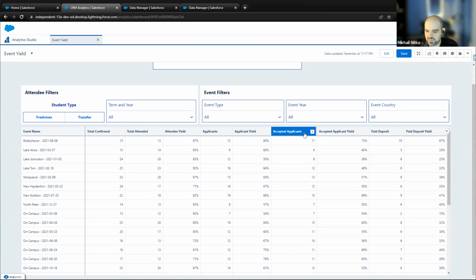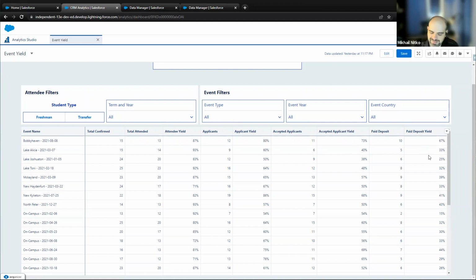And how many people whose applications did you accept? You accepted 73% of the applications that came out of this event. And how many of those applications that you accepted paid their deposit, meaning they actually enrolled? Right here, it is 67%. These numbers are very high. Typically, events in higher ed don't produce this many applicants.